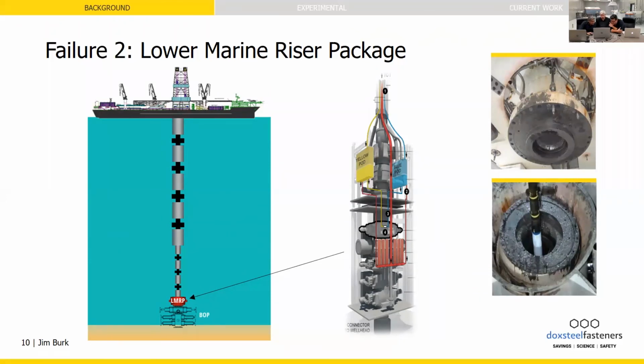Okay, excellent. So Oscar asked, thank you for your question, Oscar, what is the external pressure difference between the riser connection, the lower marine riser, and the BOP? Well, the first failure occurred around 3,000 feet water depth, so that would be roughly 1,500 psi water pressure. I don't know what the depths are on the other ones, but I would assume that they would be greater than that. Of course, if you look at just the calculations of pressure,